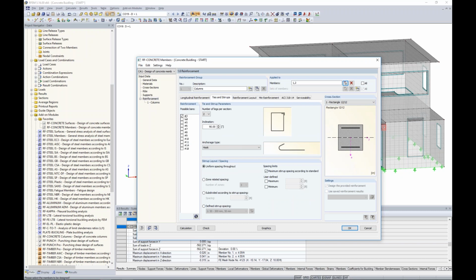Ties and stirrups, same concept. We just want to choose the possible bars here for these columns. I'm going to choose number 3s. And we're going to use uniform spacing throughout, which is the default option here. Now, the program can also take into consideration the max stirrup spacing according to the ACI standard. So it will either flag us or design it to make sure we're not exceeding that particular code check within